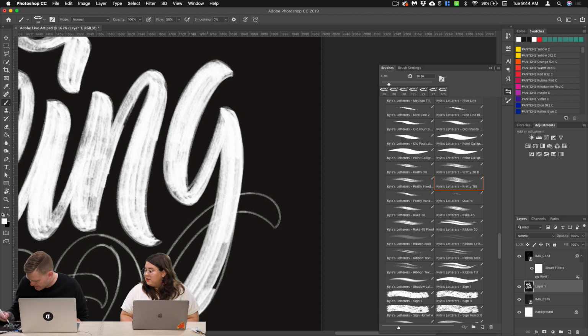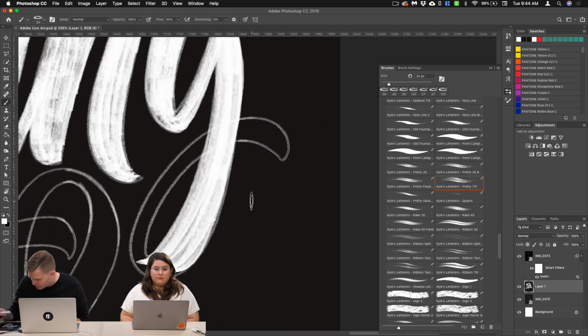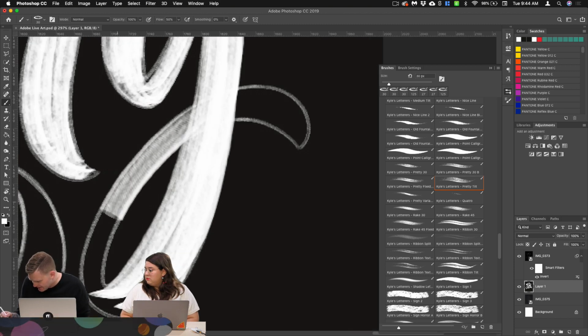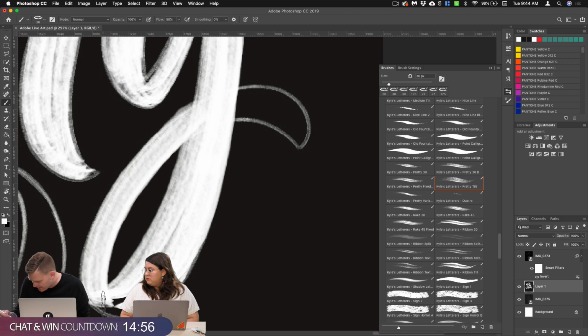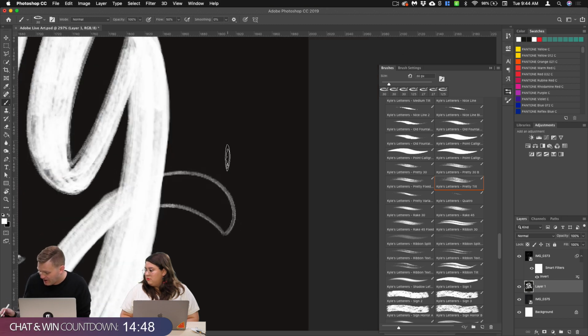So cool. And the brushes are where it's at. I mean, you can draw in Photoshop with anything. You can draw with the pencil tool if you really want. If you really want to get pixel specific and detailed, there's nothing wrong with that at all. But when you start to unlock the depth and the power of the things you can do with custom brushes, it becomes almost scary how much you can do with it,